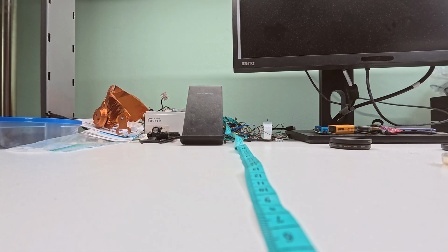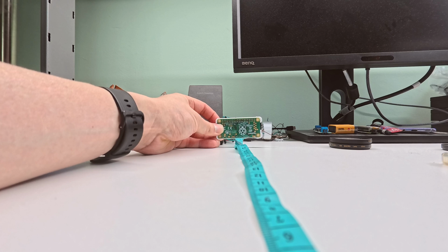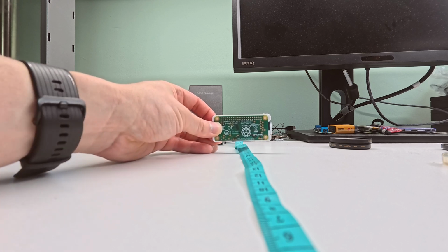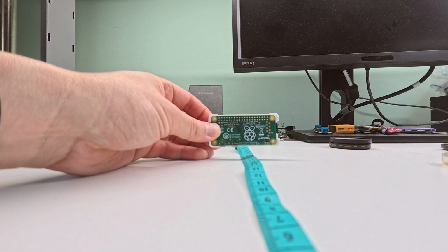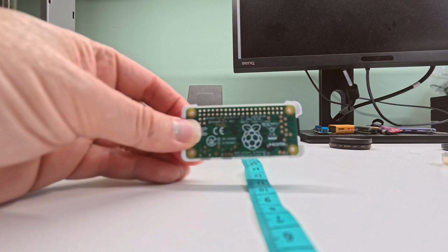Finally, we got the +1. 30 centimeters, 25, 20, 15, 10,